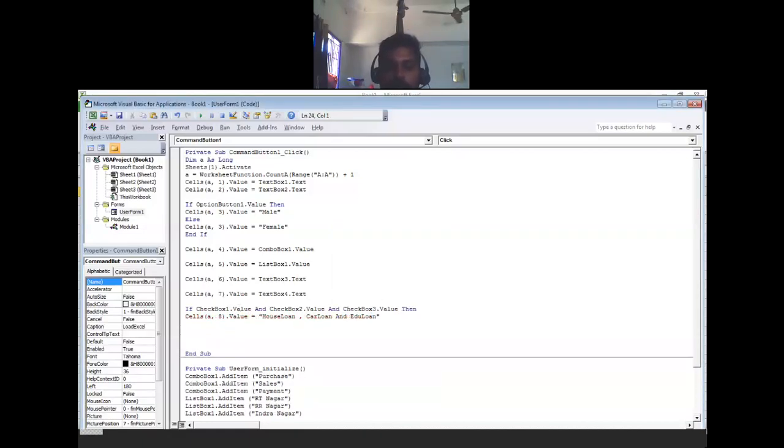CheckBox1.Value, CheckBox2.Value, CheckBox3.Value: 3 checkboxes checked means you got it. Cells(a, 8).Value equal to house loan, car loan and education loan.